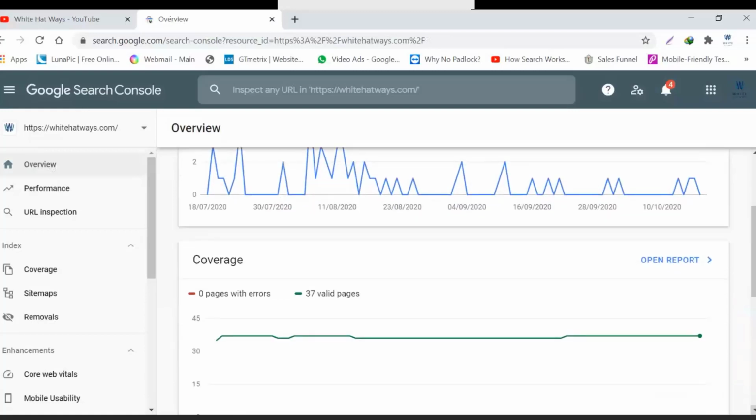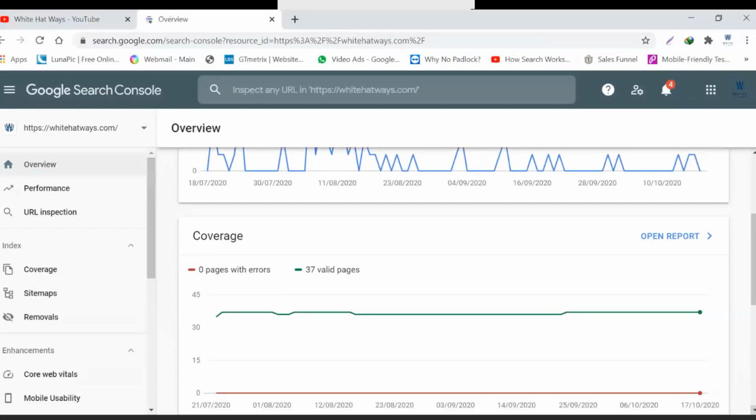So what is coverage? Coverage means how many pages of my website are indexed. It will also tell you if there is some error as far as the coverage goes, whether any page has still not been indexed due to some problem. If at all there is some problem, then we have to resolve it. But as of now, you can see that there are 0 pages with any error. So there is no error as of now.